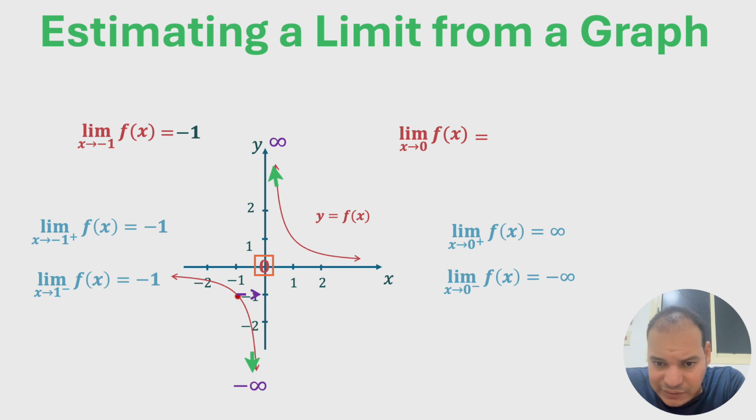So we say the limit of f of x when x gets closer to 0 from the left, or 0⁻, is negative infinity. As you can see, the two pieces of the approaching principle are different, and therefore we are approaching two different values, which means the limit doesn't exist. There is no limit for this function at 0,